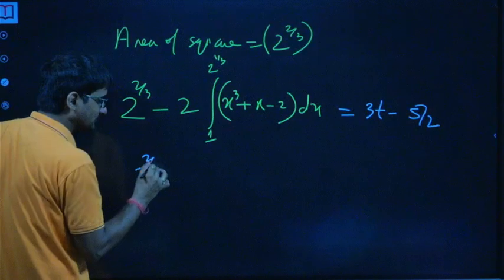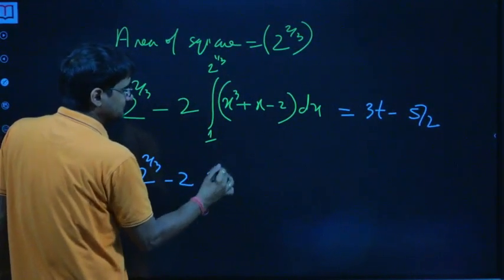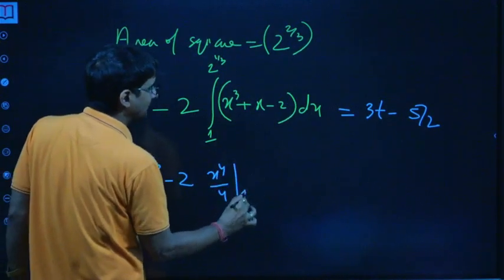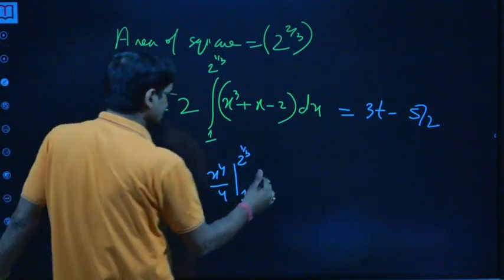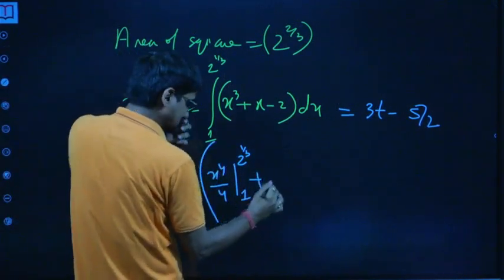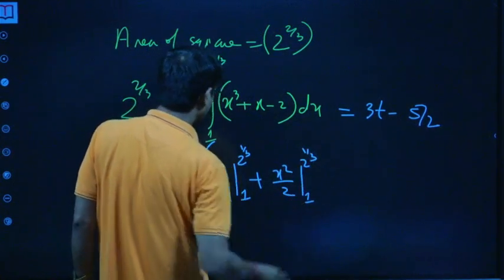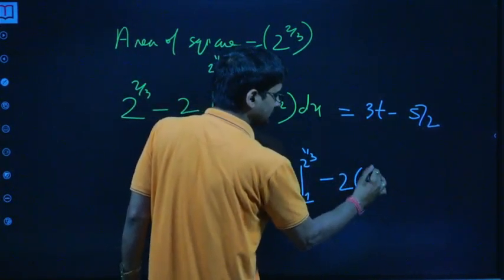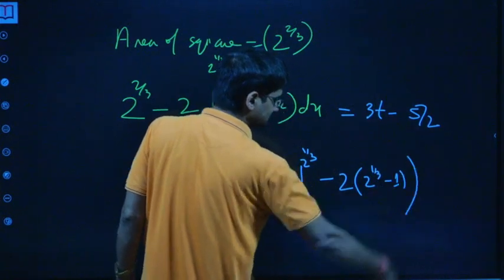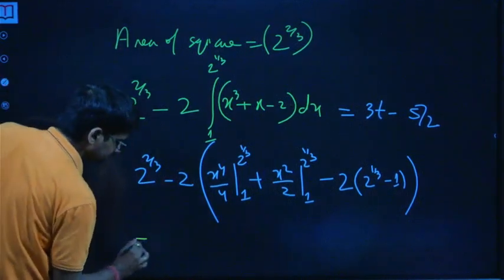So 2 raised power 2 by 3 minus 2 times x raised power 4 by 4, 1 to 2 raised power 1 by 3, plus x square by 2, 1 to 2 raised power 1 by 3, minus 2 into 2 raised power 1 by 3 minus 1. Fine. So this is now